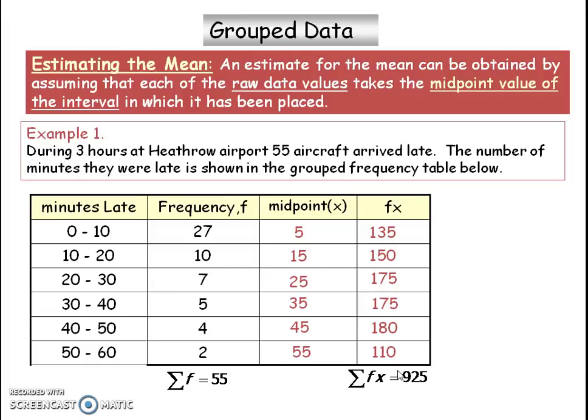So now we can calculate our estimated value for the mean, which is the summation of fx, that is 925, divided by the sum of f, which is 55, and it will give you the result as 16.8 minutes. So my average or mean late minutes for any aircraft can be calculated